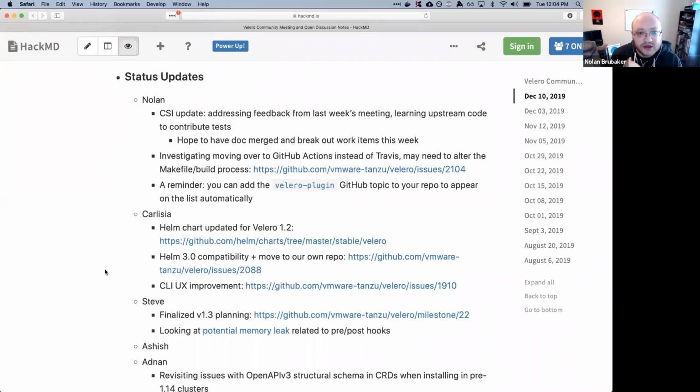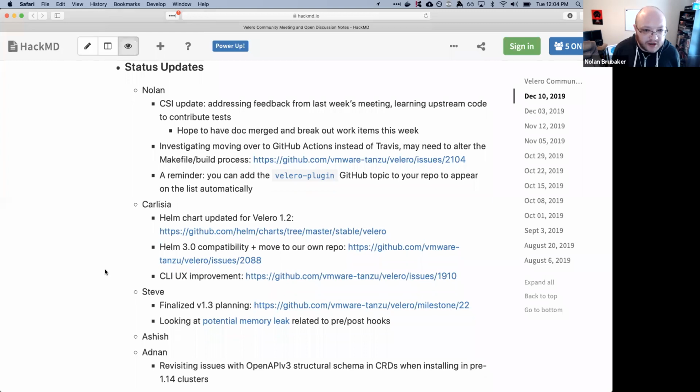And also, yesterday I started digging into the upstream CSI sidecar and common controller code to look into adding tests for that. So hopefully I can get some tests committed this week and next week to help get those tests more populated, since some of the changes that went in for beta.